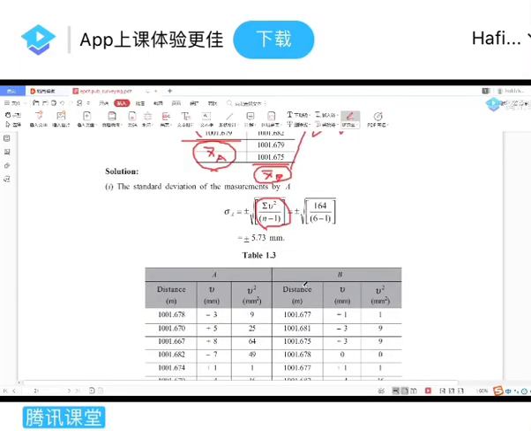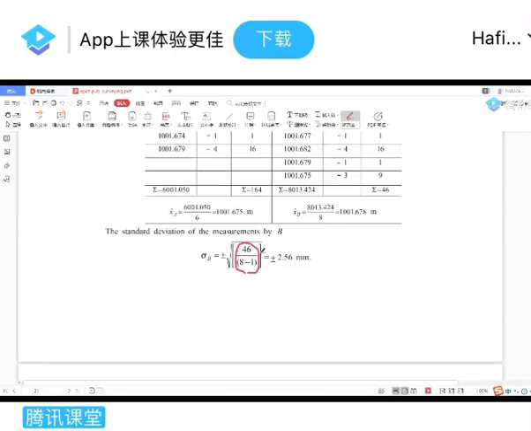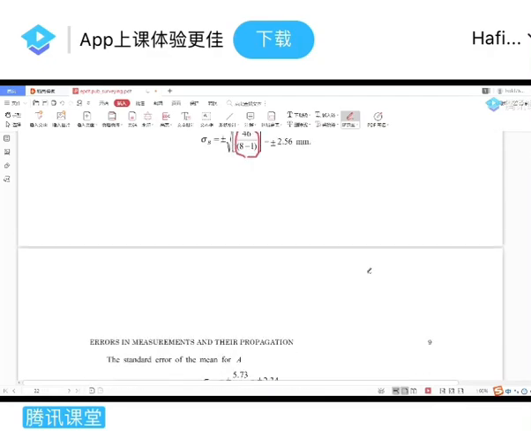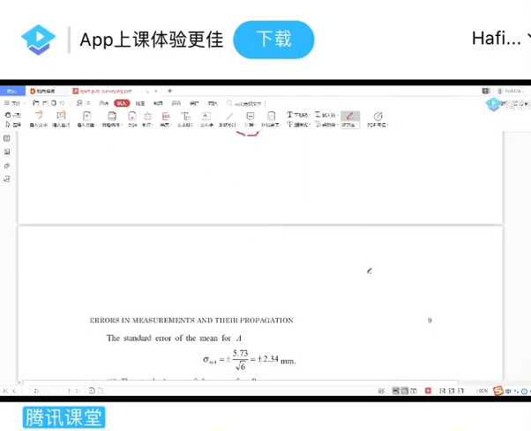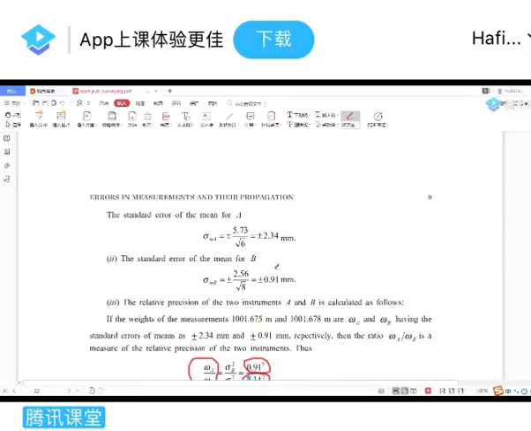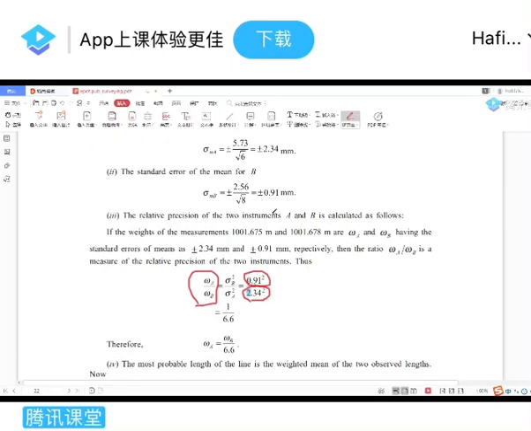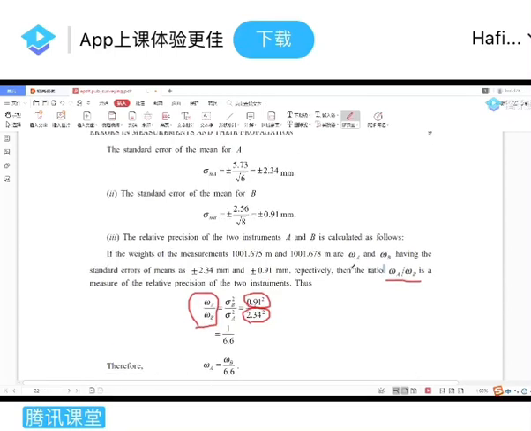Okay, so this is your sigma a, right? And if you take the square, of course you still have to calculate the mean. We haven't talked about the mean. You're going to talk about the mean. Apart from the standard error, you must calculate the standard error of the mean as well. It's over here, standard error of mean over here. Okay, so the ratio between A and B basically is based on